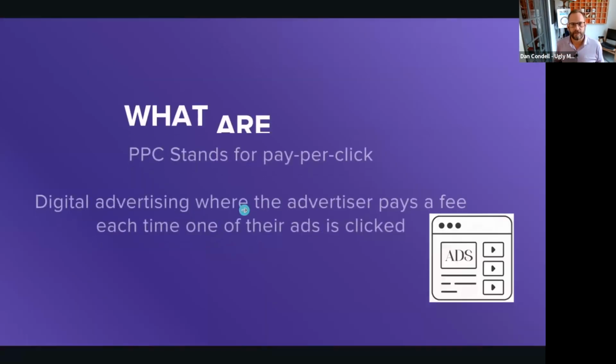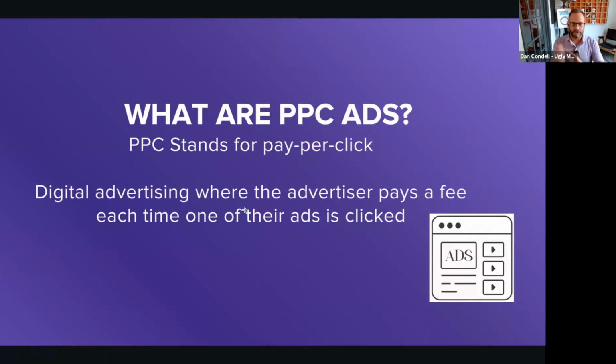All right, so let's dive in, and I'm going to try to keep this as clear as we can. So what are PPC ads? Let's start by just defining what PPC means, because there's a lot of fun acronyms thrown around all over the place in marketing and everywhere else. So it's pay per click. This can mean a large, broad range of things. It's not necessarily just Google Ads, but like I said, we're talking about Google Ads today.